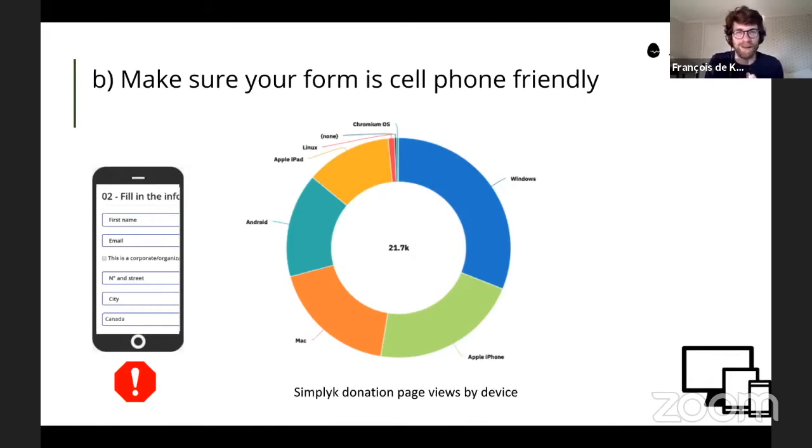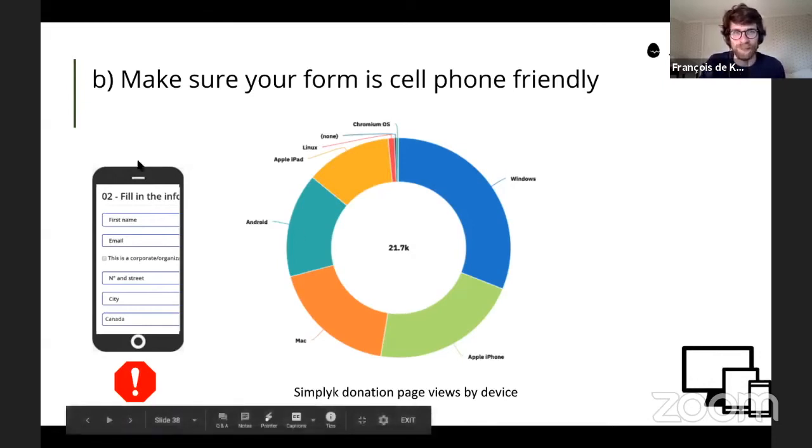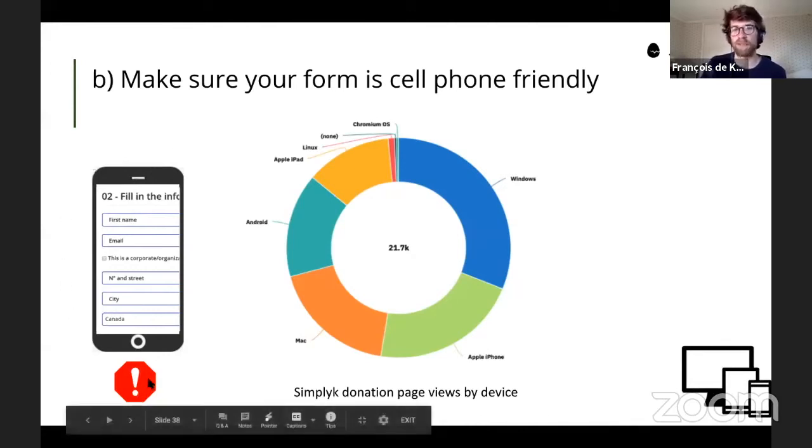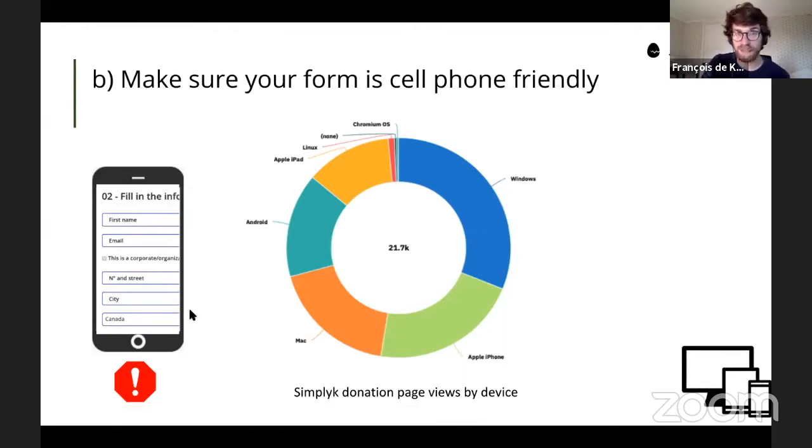So if your page looks like the one on the left, well, you have a problem because 40% of your donors have a super, super bad experience. So yeah, another super impactful thing you can do is check those data.